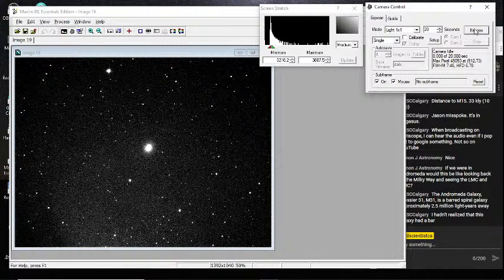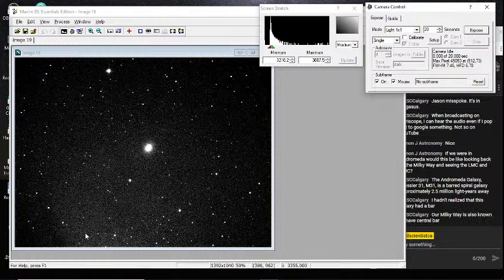And there's M32, M31. If we made this exposure longer and we were in a darker site, we could actually see part of M31 kind of in this area here. But actually, that might be part of it over there. So this is another satellite galaxy of M31.